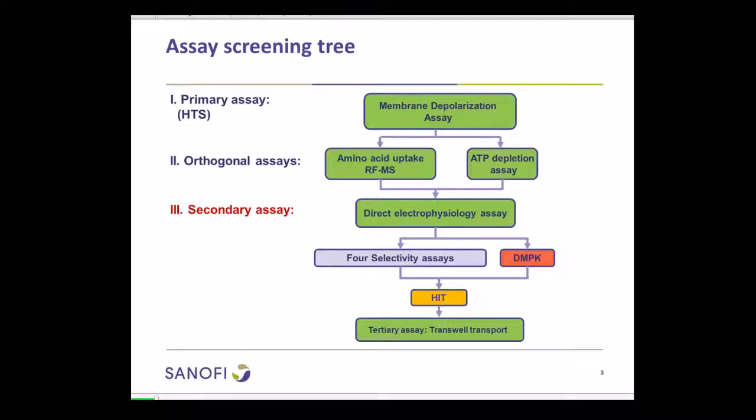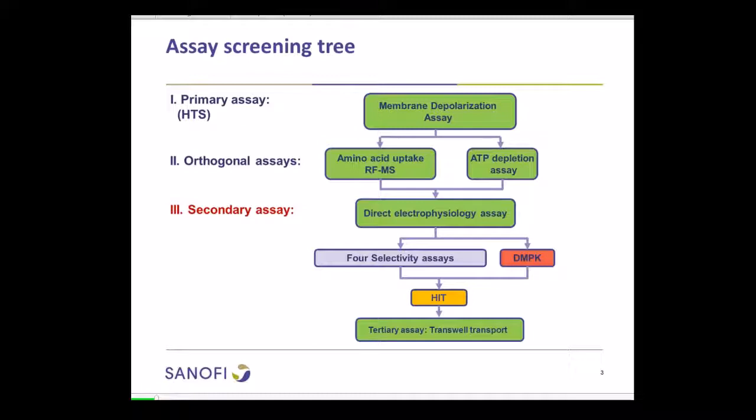We use for our project a decent screening cascade. So we start with a membrane depolarization assay and do a high throughput screening with this technology. Afterwards, we validate the hits with the amino acid uptake mass spec assay and a cytotox assay in parallel, more or less. And afterwards, we again validate the hits of both assays we used before with the surfer technology,